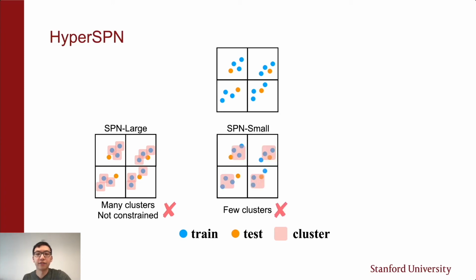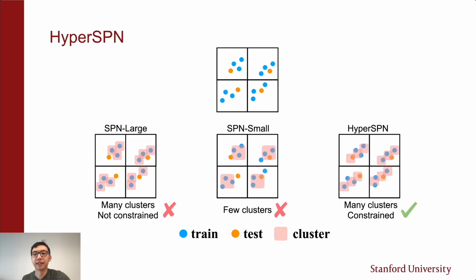On the other hand, if we use a small SPN, it underfits on the data since it cannot represent that many clusters. Finally, using HyperSPNs, since the underlying sum product network is still large, we have access to many clusters, and we're constraining them by using a shared neural network and low dimensional embeddings, and this allows us to not